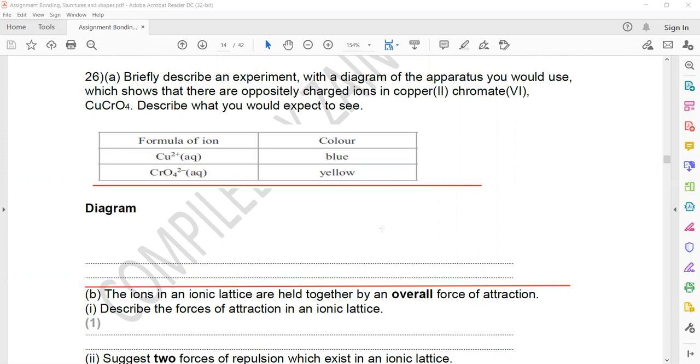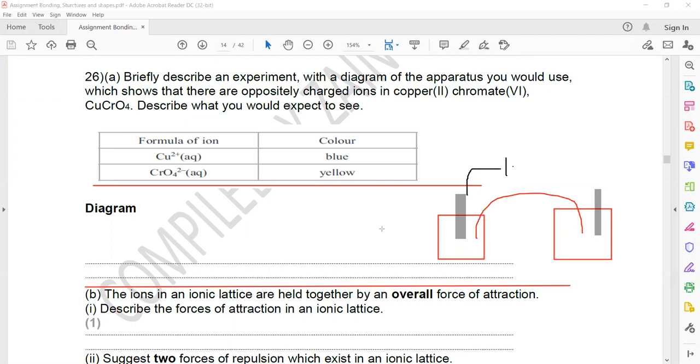For this electrolysis, we can set up an electrolytic cell like two containers connected by a salt bridge, and then electrodes are there. One is connected with a positive terminal and the other one is connected with a negative terminal. And we can have the solution